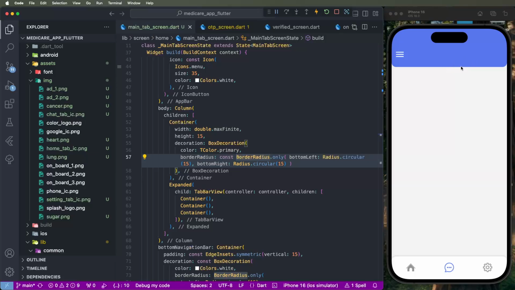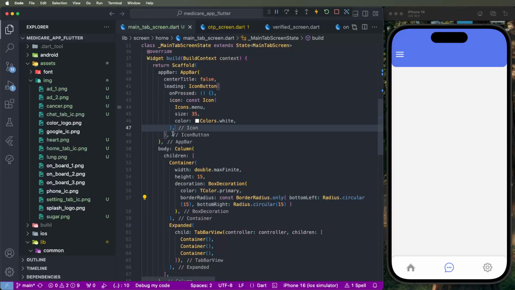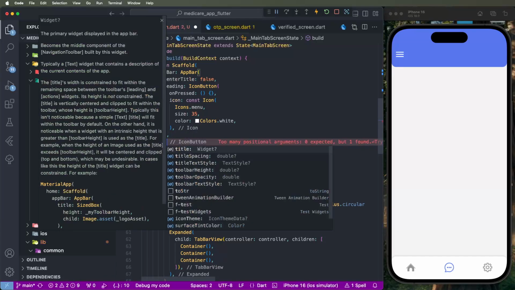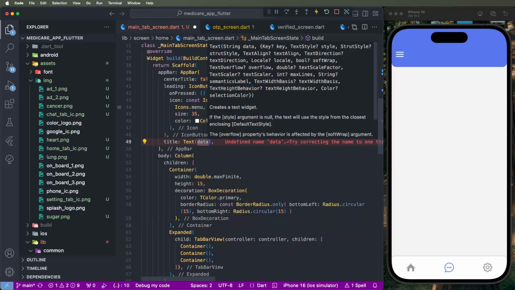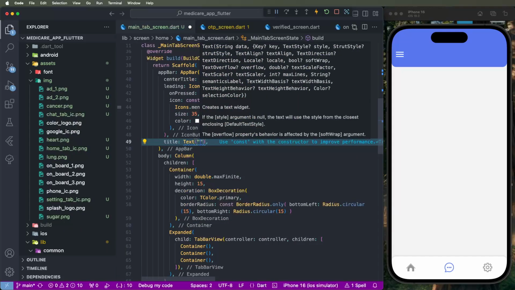You need to make the app bar UI. Now we need to put the title here. We need to set another property for the title. Set the title property and give it the text. Write down Medicare,